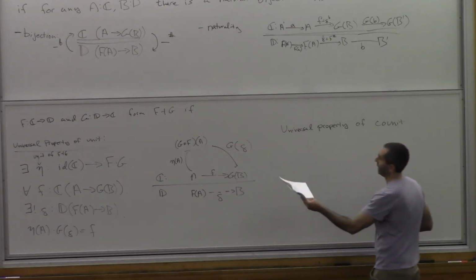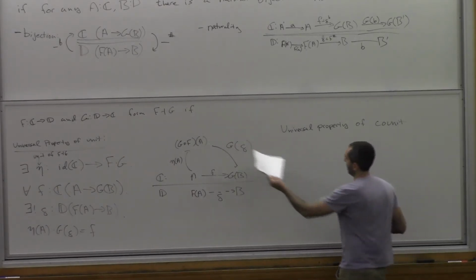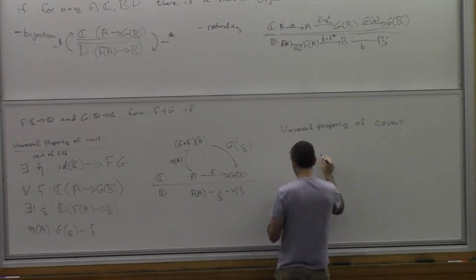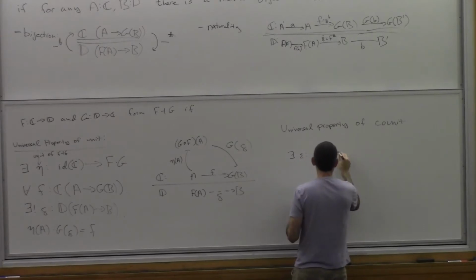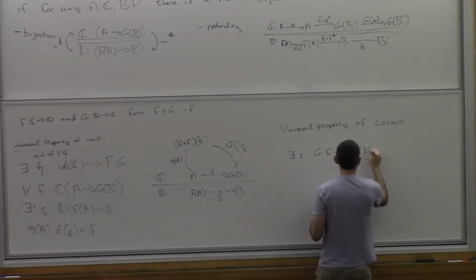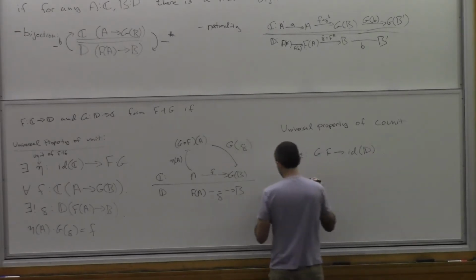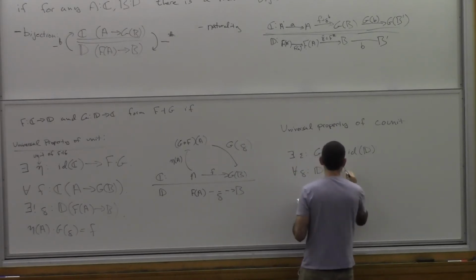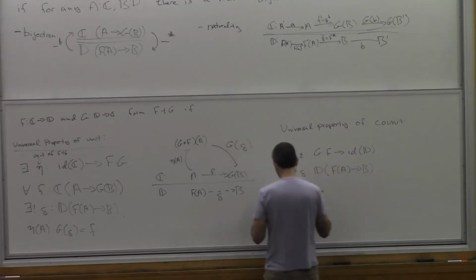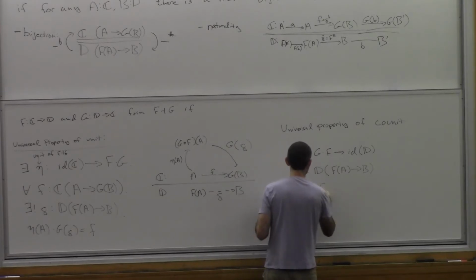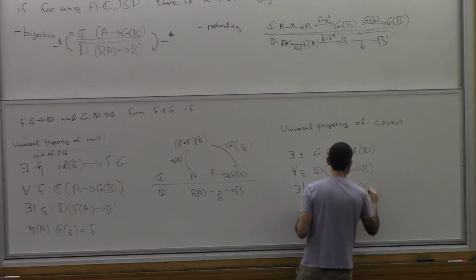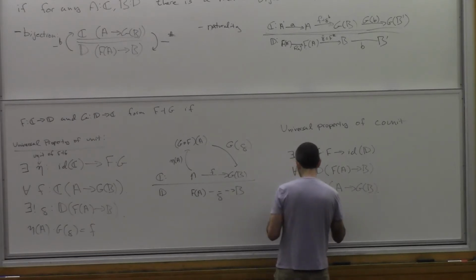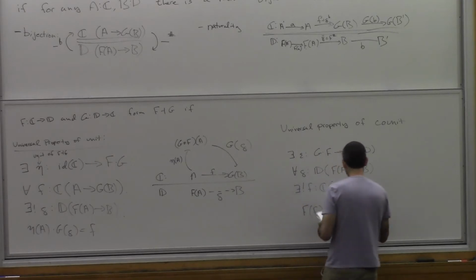And here, we will say F is left adjoint to G, where G is right adjoint to F. They form this adjunction if there is a natural transformation called epsilon going from G followed by F to the identity functor on D, such that for all arrows G in D going from F of A to B, there's a unique arrow F in C going from A to G of B, such that F of that arrow composed with the component of the natural transformation at B,